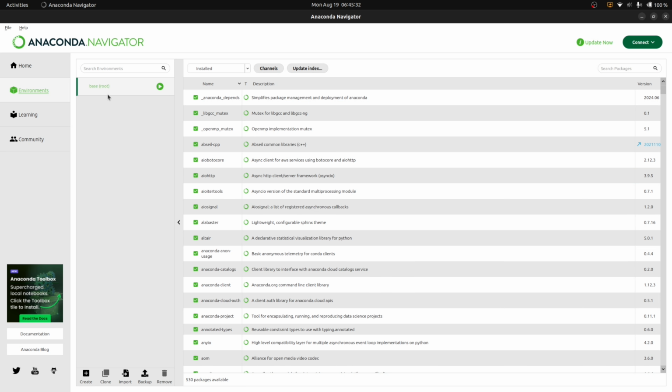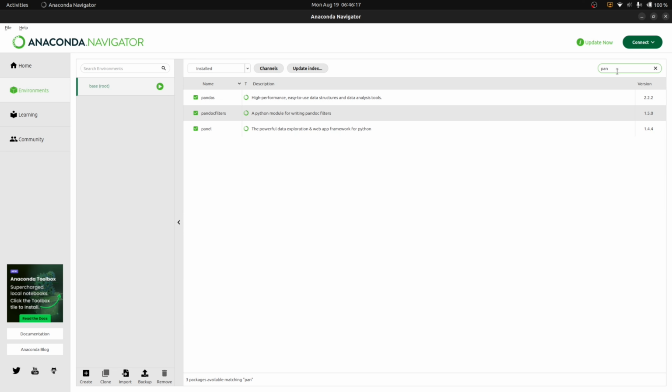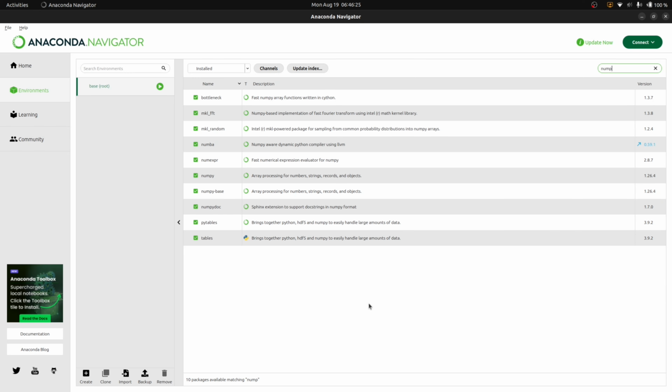Here, for example, whatever the environment you have here, you can add new packages or delete the packages you have or update them. That's why Anaconda Navigator is also a package manager, because here at the packages section for that specific environment, you can, for example, look for other packages. You don't have in mind any package that doesn't come at the base environment, but just let's check here. Pandas, it's already installed. NumPy, for sure, it's also already installed. But if you have any